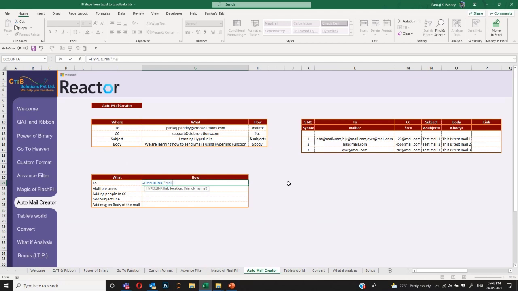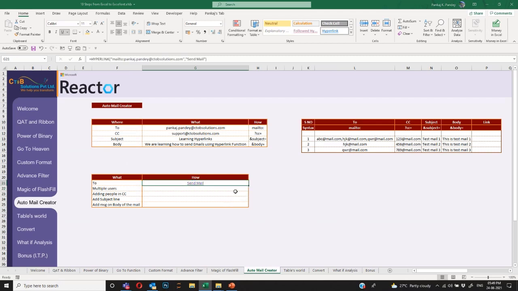In HYPERLINK, I put mailto: and after that any ID. And I will put a friendly name which says Send Mail. Why a friendly name? So that it looks like this. The name will be displayed here, but this particular formula now contains a hyperlink.